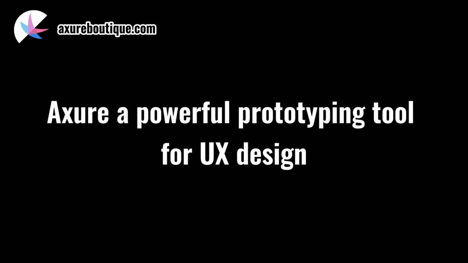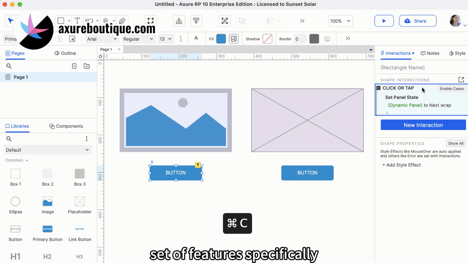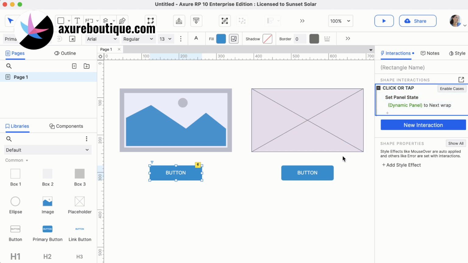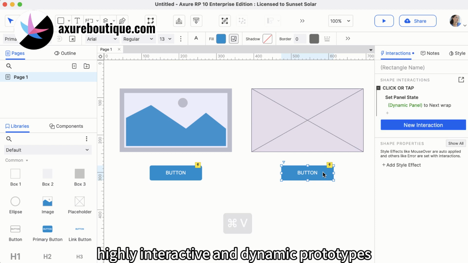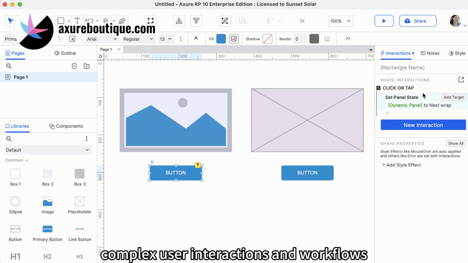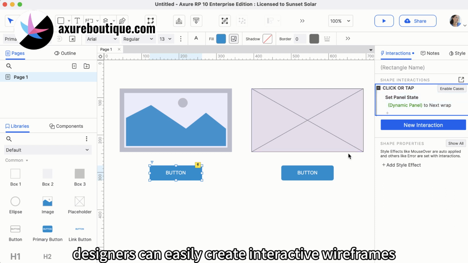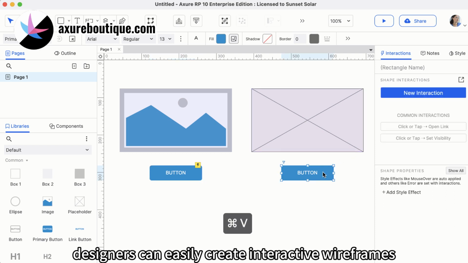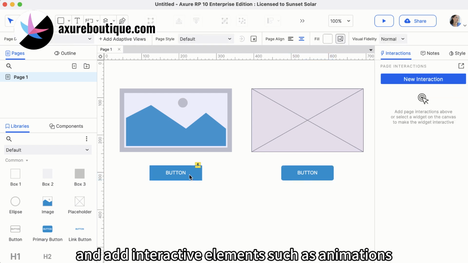Axure, a powerful prototyping tool for UX design. Axure is a robust prototyping tool that offers a comprehensive set of features specifically designed for UX designers. Its strength lies in its ability to create highly interactive and dynamic prototypes, allowing designers to simulate complex user interactions and workflows. With Axure, designers can easily create interactive wireframes, define user flows, and add interactive elements such as animations,